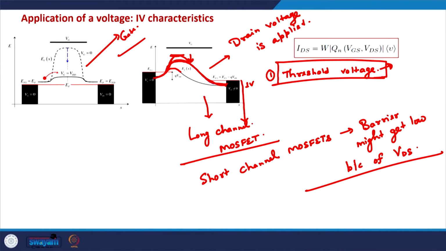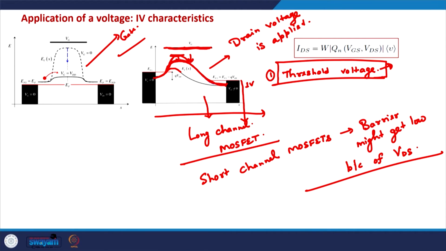Our design dictates that this barrier height should be controlled by the gate voltage, and the electric field in the channel in the X direction should be dictated by the drain voltage. Okay, but in short channel MOSFETs, it might happen that even this barrier height is reduced by